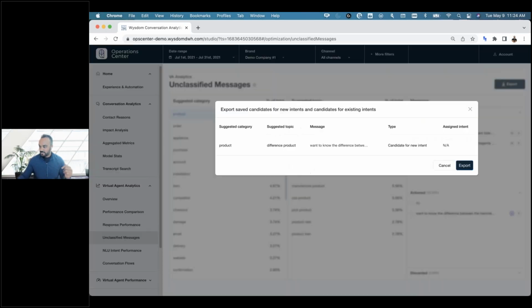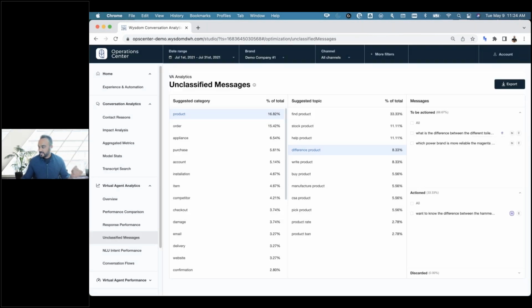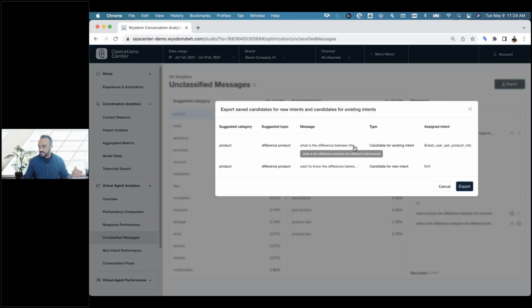I won't go through the other examples, but if I export this, it'll give me a nice summary in a spreadsheet, which I then import into my bot platform. So it could be Rasa, it could be Dialogflow, or Power Virtual Agents from Microsoft. But it's given me everything that I've done here. So it's already identified that this is the topic of difference. Here's the actual user message. I could copy and paste right into the platform if I want, or I might tweak it a little bit. I've identified it's a new intent, and of course it's new, so there's no assigned intent. If I had hit existing intent and saved, then when I export, what I just did was say, yeah, this looks like an existing intent. Here's my assigned one. So I've got that intelligence done.